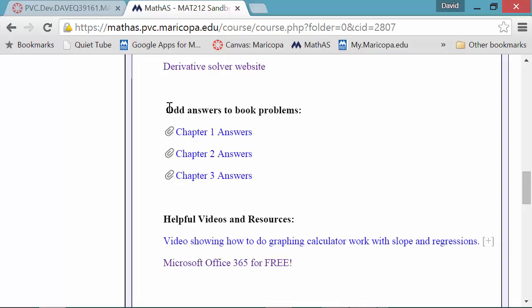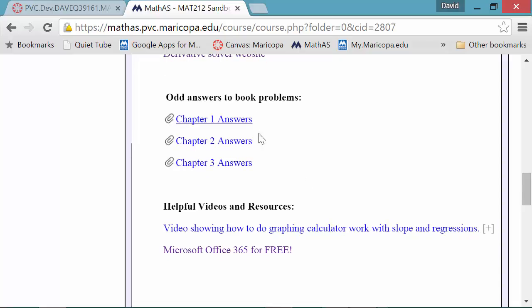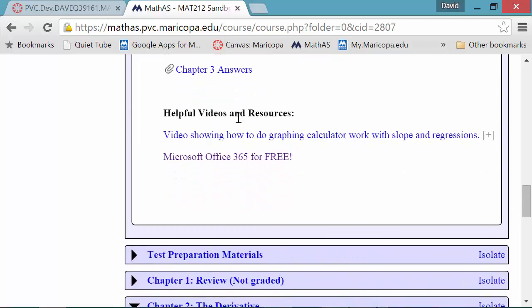Sometimes it's every odd, sometimes it's evens, but nonetheless, it's just answers. And last but not least, a few helpful videos and resources. I found students have a hard time remembering how to do slopes and regressions in their calculator, so there's